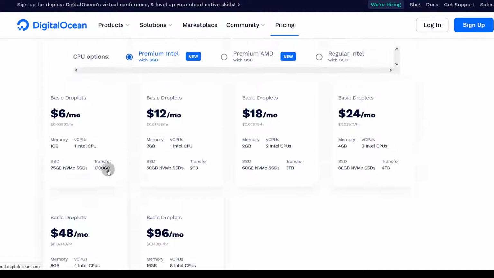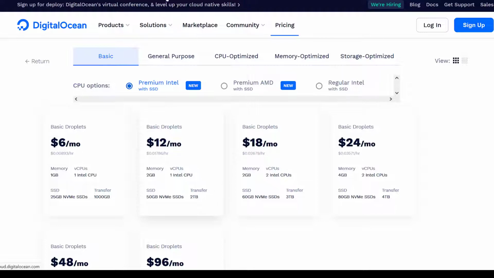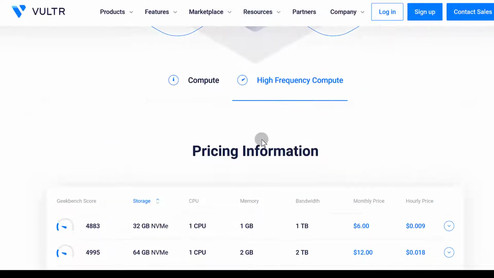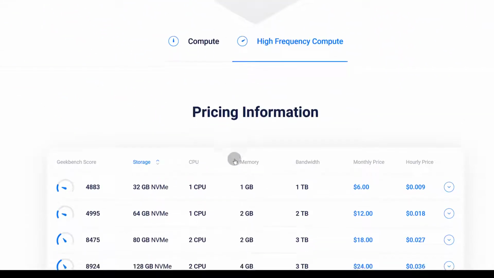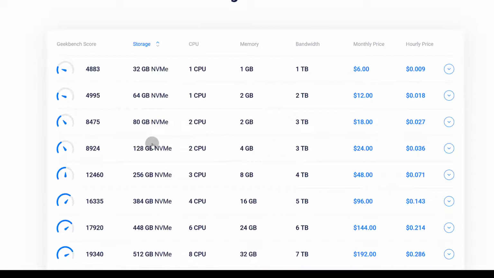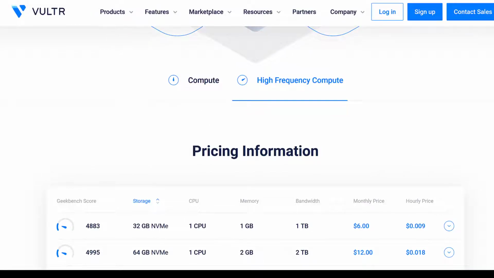I am not going to say one is in any way better than the other, just that I like to work with Vultr. Their pricing is almost the same as DigitalOcean. I can say the servers are fast and reliable. They hardly ever go down, and whenever they're going to do maintenance, they tell you there will be maintenance going on. If it were me, I would always choose Vultr over DigitalOcean.